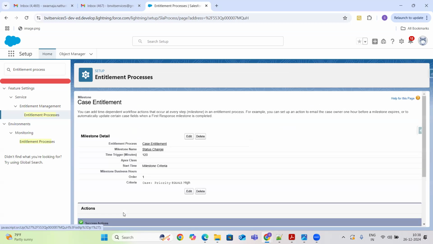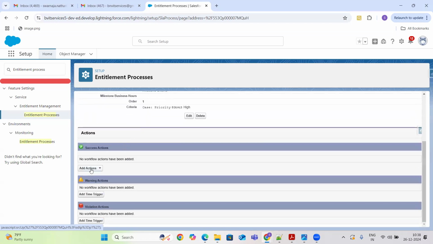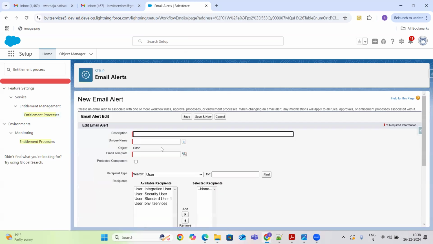While doing the after milestones, add an action. I can send new email alert. Send success email. Now I am configuring my actions, guys.